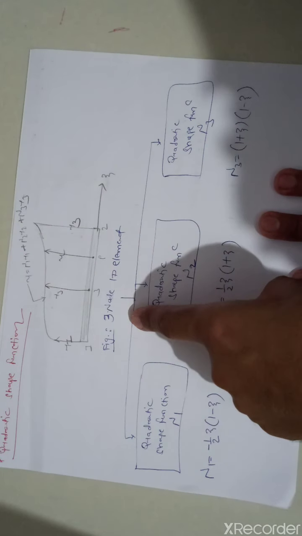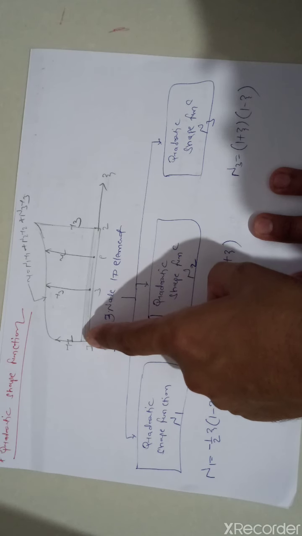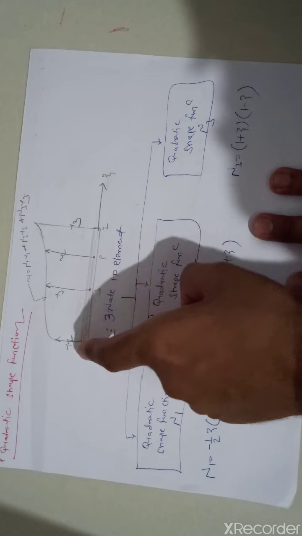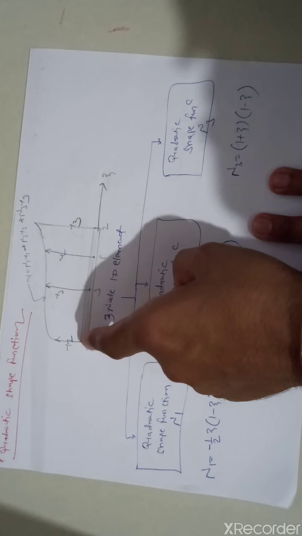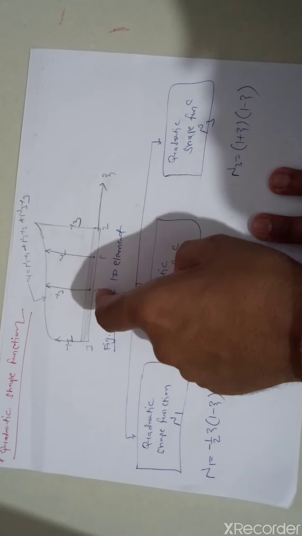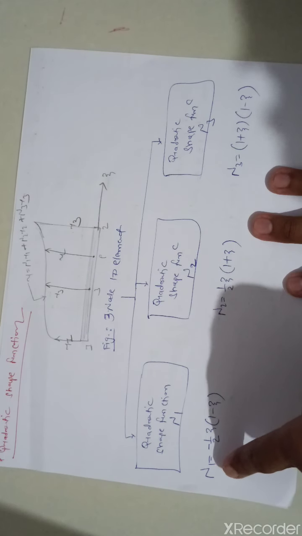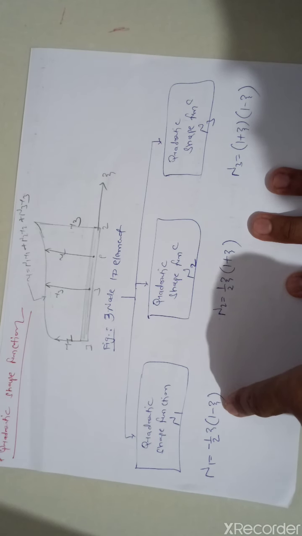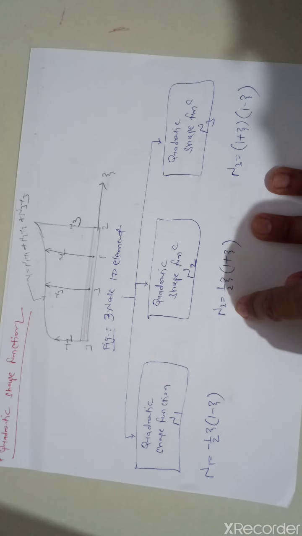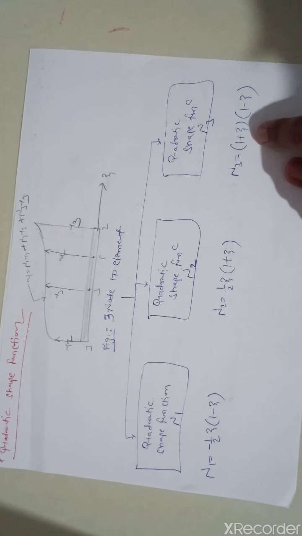Now, the quadratic shape function. In a linear shape function, we assume properties in the element are linear, but they are not. So to represent these non-linear properties, we use quadratic shape functions. Here 3 shape functions are found. Shape function N1 is given by -1 by 2 zeta into 1 minus zeta, N2 is given by 1 by 2 zeta into 1 plus zeta, N3 is given by 1 plus zeta into 1 minus zeta.